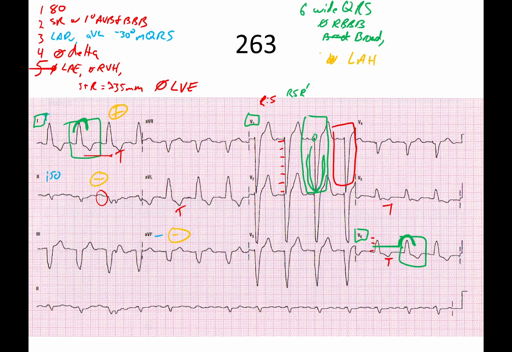Yes, I purposely went through this just to get you in the habit of thinking about those things when we're walking through this kind of stuff. So, yes, that's positive because we already know we have a left bundle branch block. So we will say that our final answer is sinus rhythm with